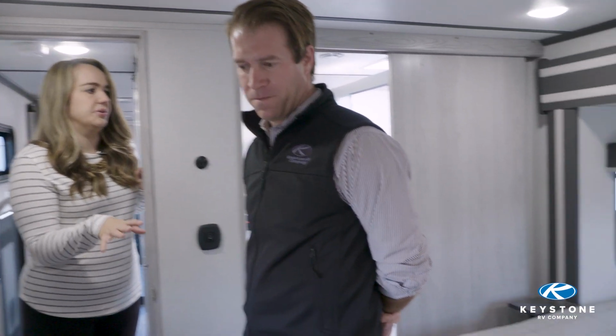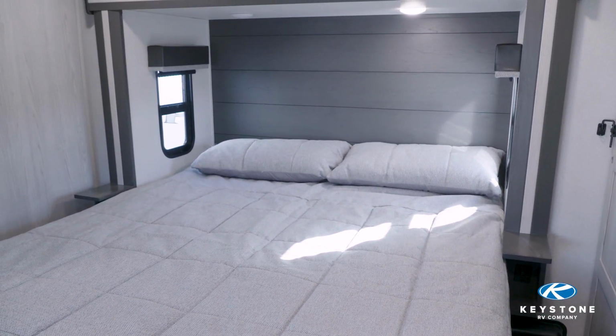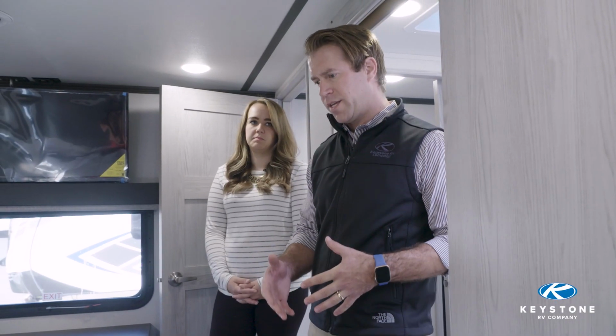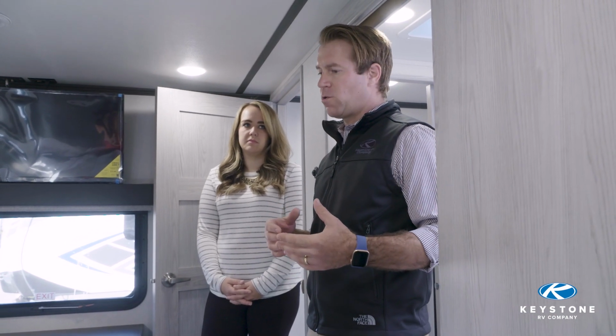So this is your new east-west bed. But this is not something that's been around in Fuzion. So you guys have kind of reimagined this bedroom space. So in addition to the east-west bed offering more space in the master bedroom, we've been able to incorporate more